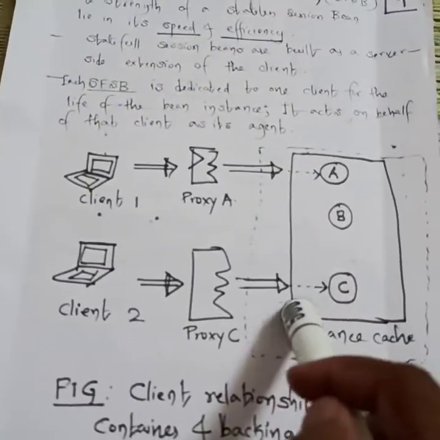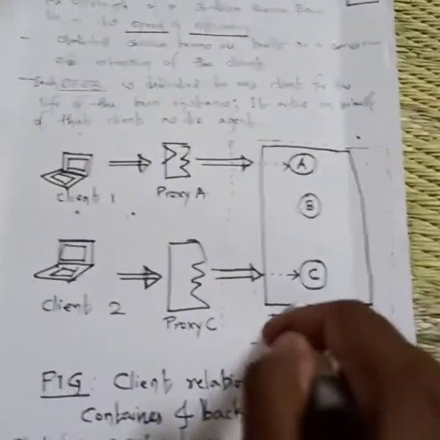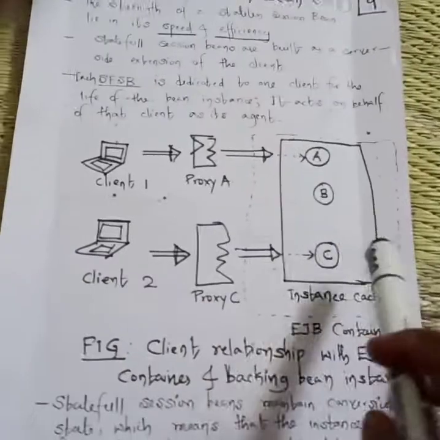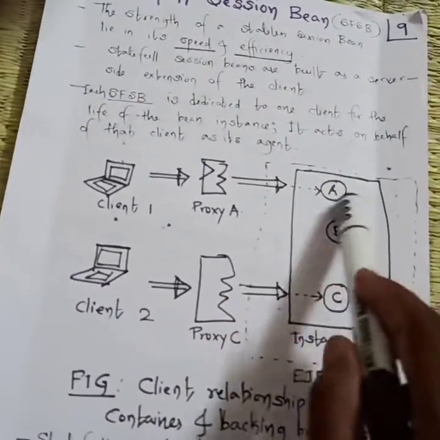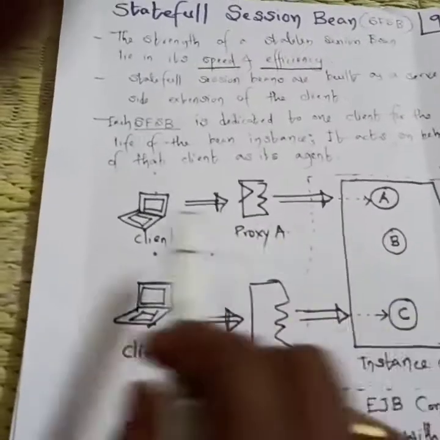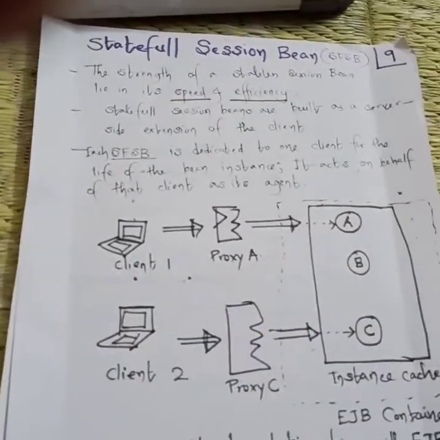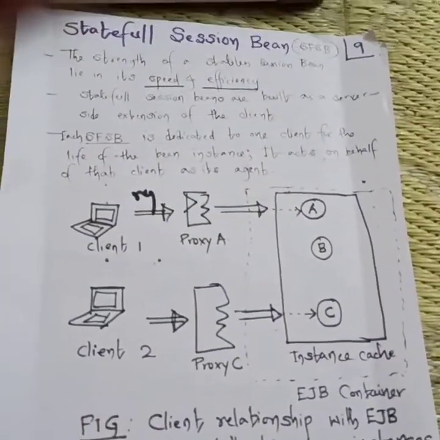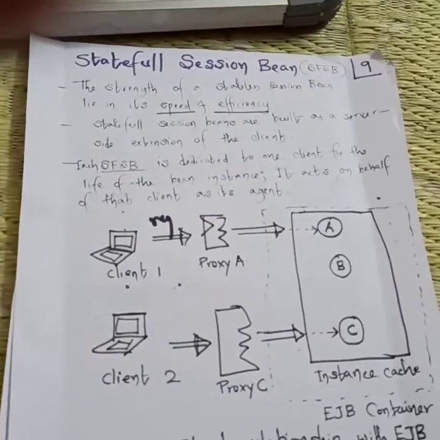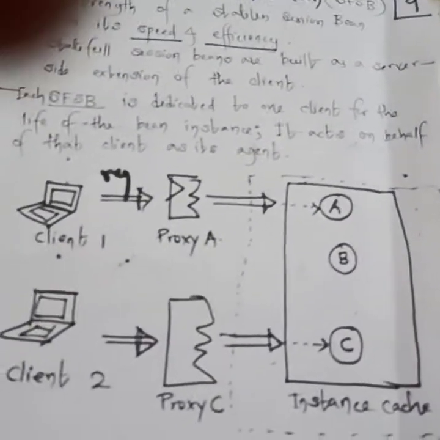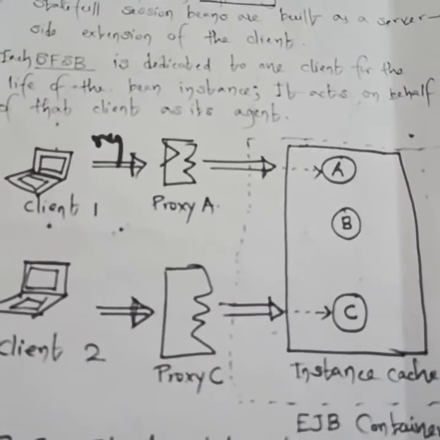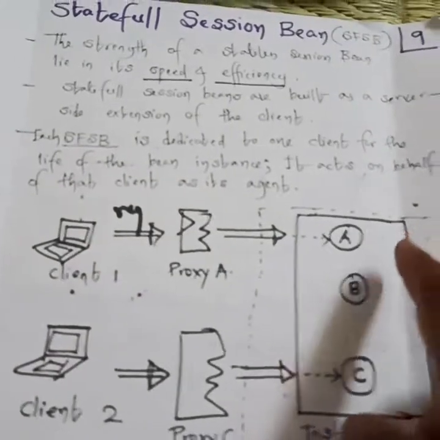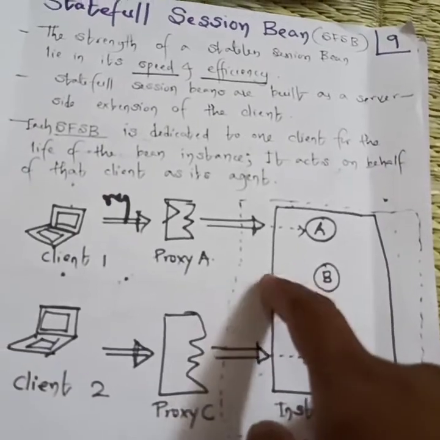This dotted line represents the EJB container, which is one piece of software. On that software, stateful session bean as well as stateless session bean programs are installed. In this example, we are discussing the stateful session bean, so this application contains the stateful session bean. Here you can see the client sends a request of any type, for example searching some notes, downloading some file, or reading news online. For any kind of online application, the client makes a request, and that request is accepted by this EJB application, the SFSB.